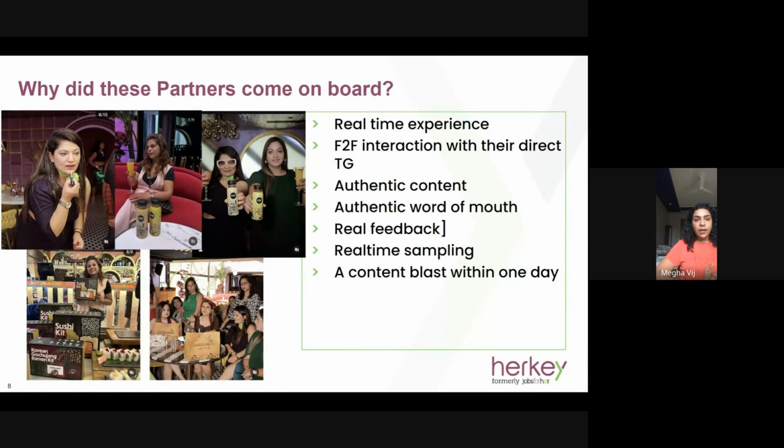We went from working with startups, new age startups who had limited budgets, to working with established companies by just making sure that the concept is ours. We were bringing forth a concept. We weren't just going and saying, okay, we'll do influencer marketing for you. Let us know if you have a plan. We were telling them, this is our plan. Do you want to participate in it? And we were creating a concept for them, which basically pushed us ahead in the whole influencer community game.